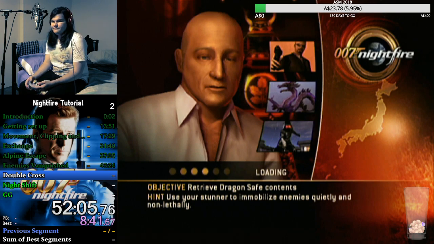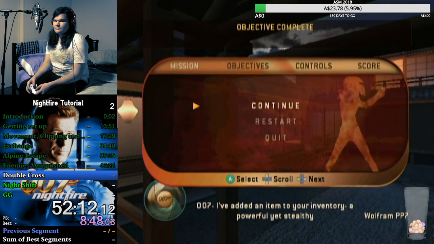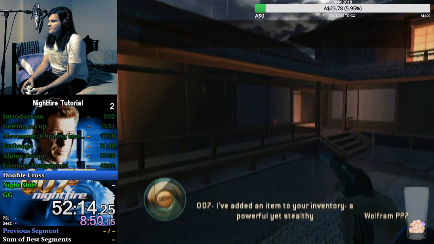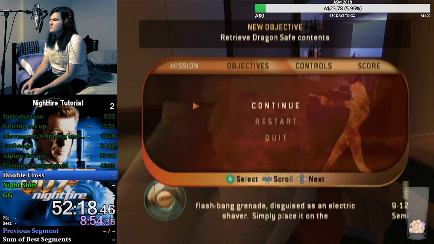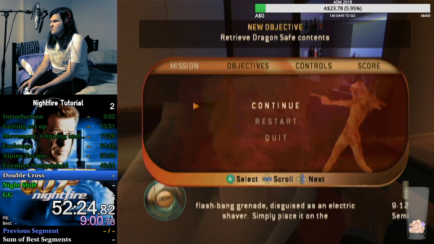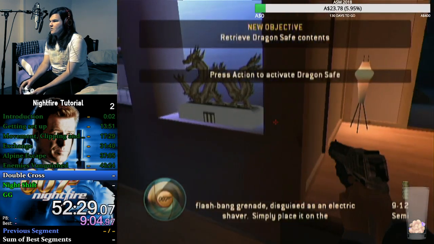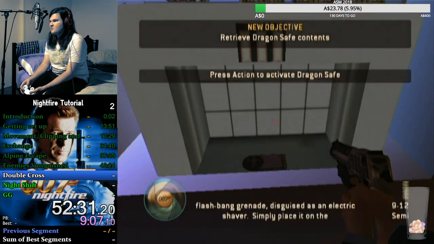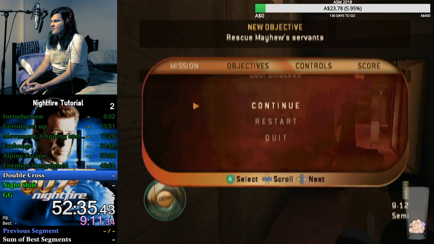Right. How do I explain this area? So, number one, you want to pull out your Magnum. Now, you pull out your Magnum because it's the best gun to just kill this guy as quickly as possible. This hostage can get shot by the bad guys, and I'll show that right now, if it happens. So you want to grab the code key, come over to this painting, press use on the painting, opens this